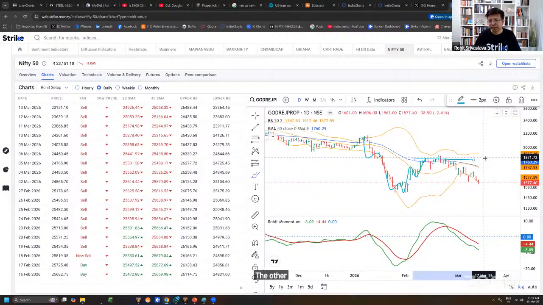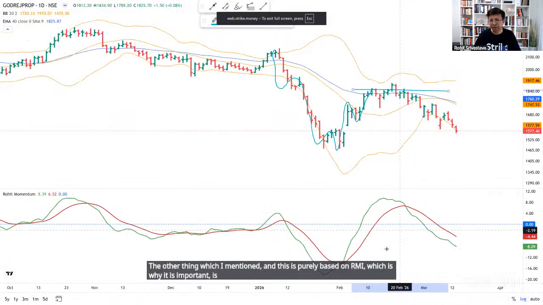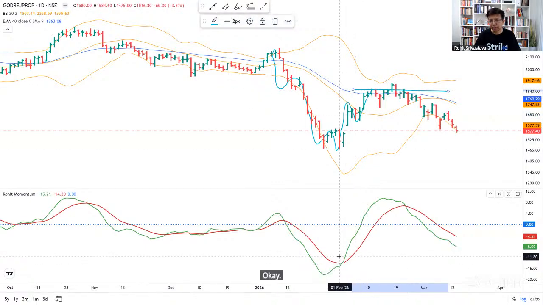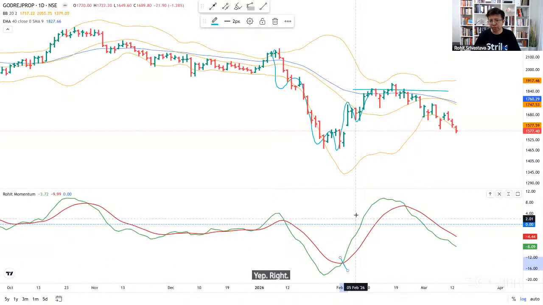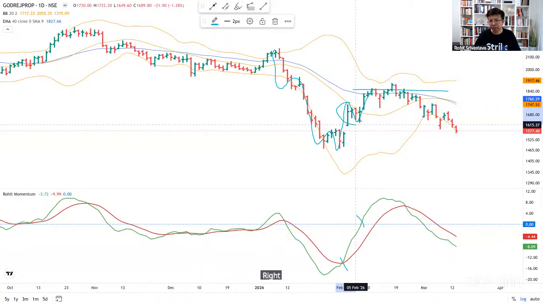The other thing which I mentioned, and this is purely based on RMI, which is why it is important, is understanding the cycle. So when this bounce is happening, the RMI is in buy. And the RMI has also not come back to zero. So even when I'm over here,